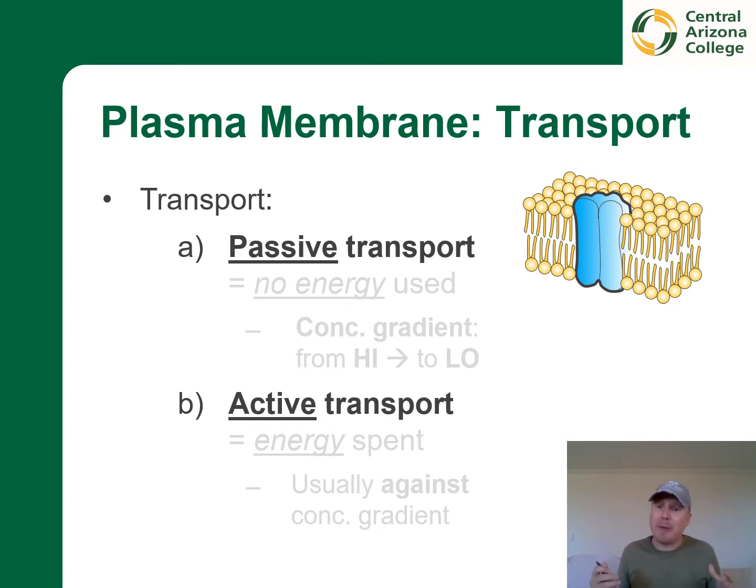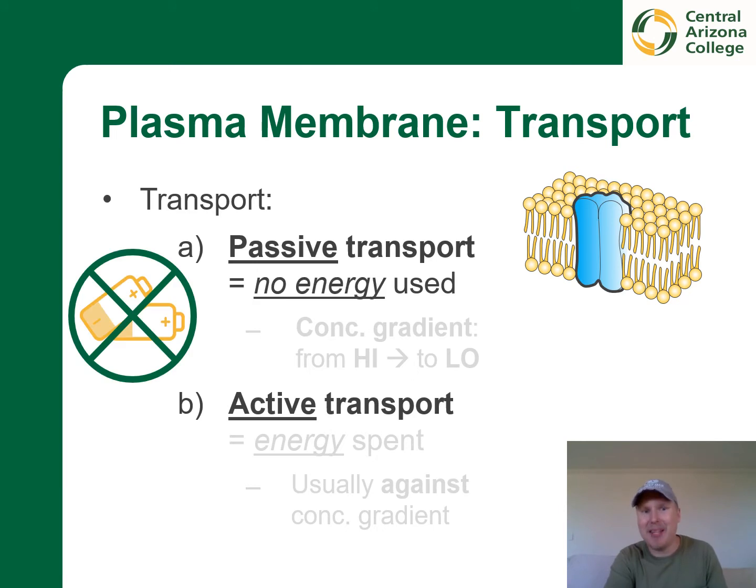The other topic that I want to discuss in this context is the two large categories of how materials may cross the cell membrane. And these are active and passive transport. Let's have a look at the latter first. So passive transport is something that we can consider as happening naturally. This does not require any energy investment. It just happens by itself because that's just a normal thing to happen.